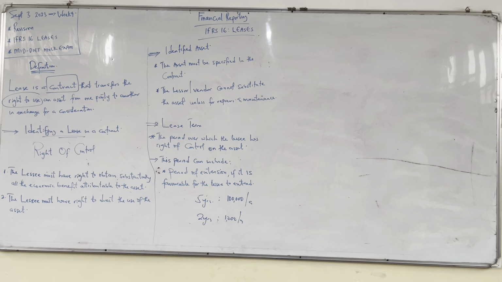So the first one is this: yes, if he defaults here too, they can retrieve the asset, even though the standard says that this lease term is a non-cancelable period, right? That's what the standard said. It said lease term is a non-cancelable period over which the lessee has right of control. But that does not apply in the case of default. Again, because IFRS has tried to be principle based, everything depends on your contract. Now, what we account for is substance, right?